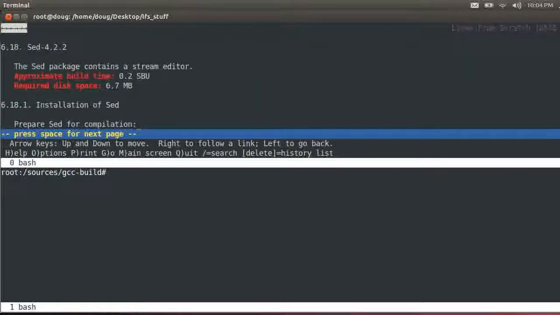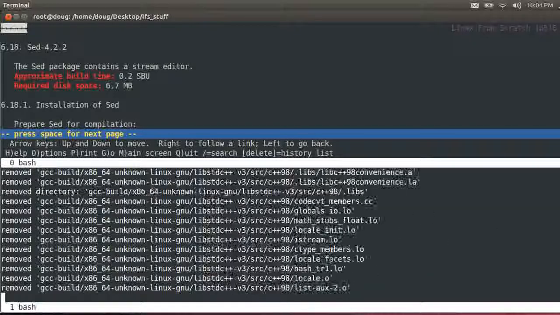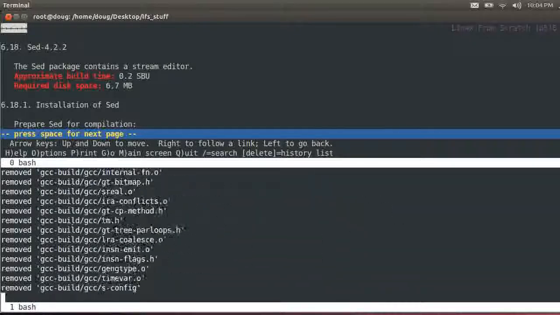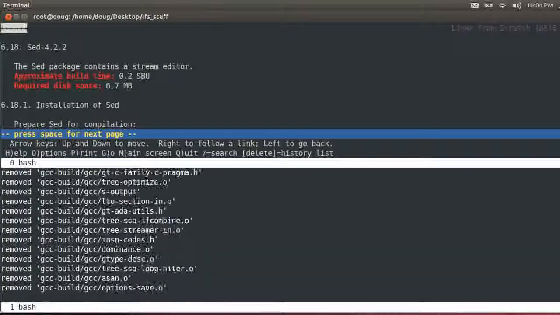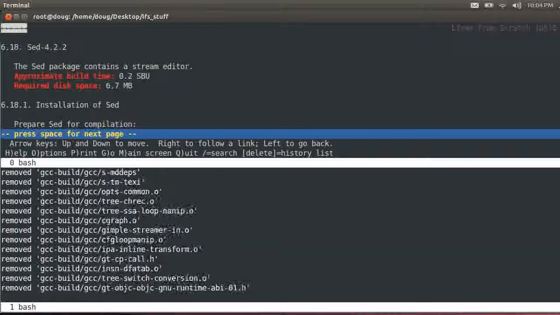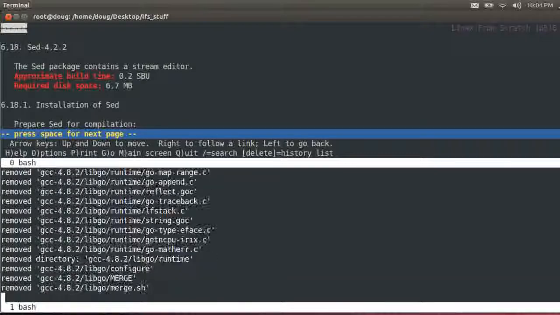Now hopefully you did get past that, and that's over with, and that is the hump. The rest of it is actually all downhill from here. So pick it back up in 6.18 and we'll do some sed and keep on going.